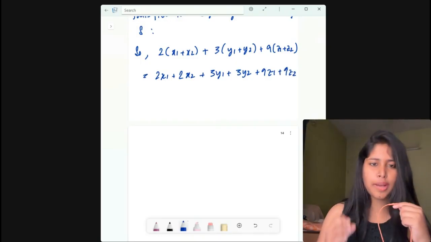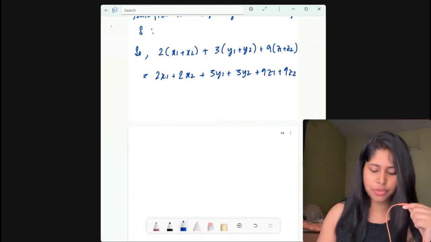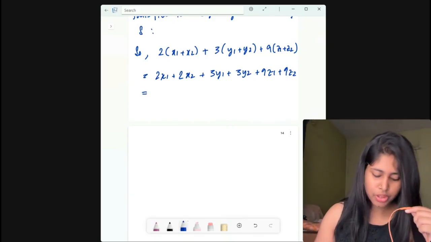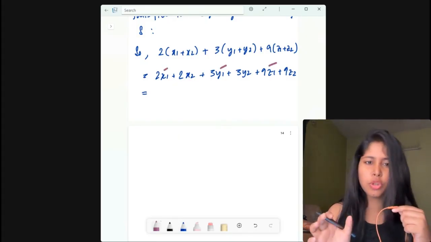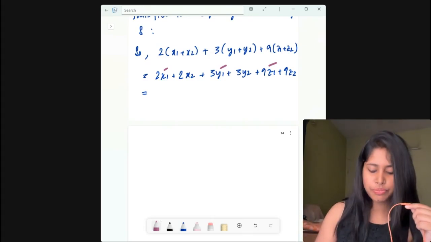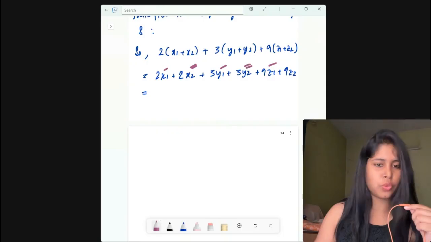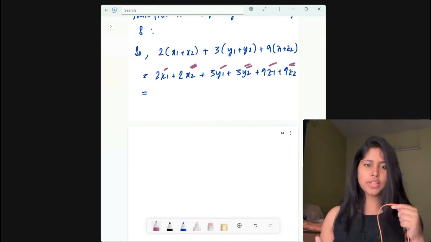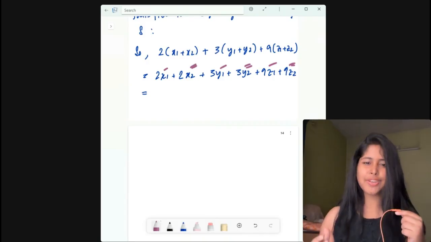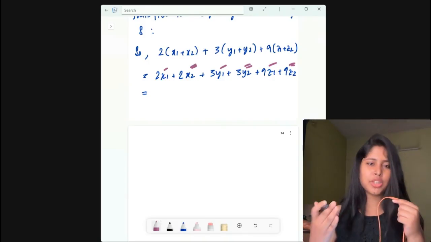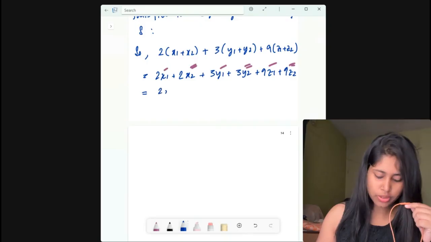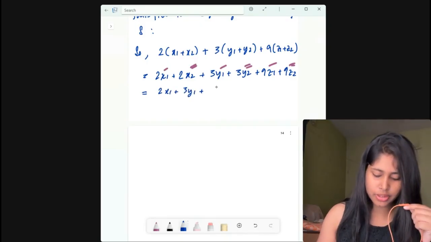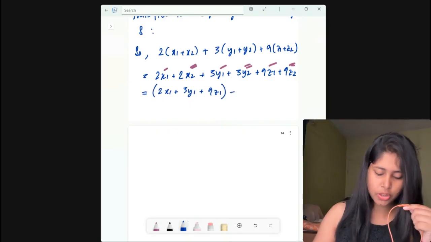All right. Now see, I'm doing something else. I'm now grouping a few terms together. See how I am grouping? We are grouping x1, y1, and z1 in one group, and another group will consist of x2, y2 and z2. If I group like this, you can see that we are getting something very beautiful, and from the condition above we can see that this will be 0. Now let us see how I am saying this. Let me group it: 2x1 plus 3y1 plus 9z1 is one group, and another group is 2x2 plus 3y2 plus 9z2.